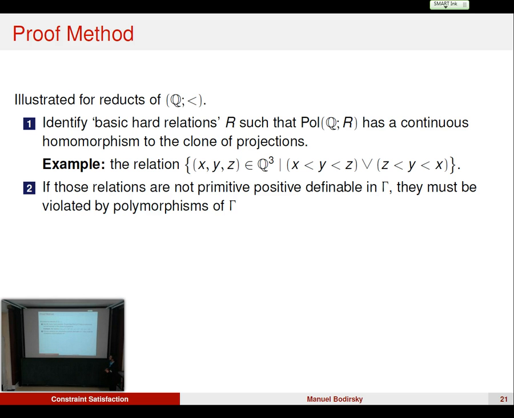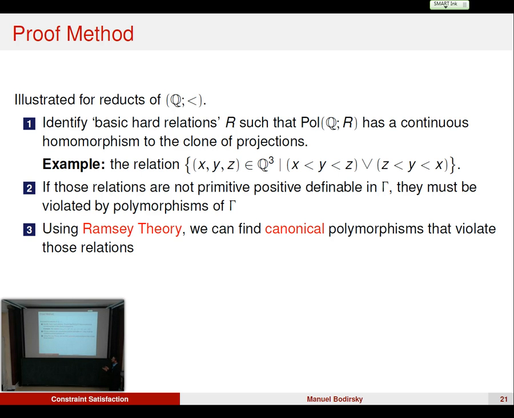The second step is, well, this will imply that the CSP is hard. Suppose these relations are not primitive positive definable. Otherwise, we are done. If they're not primitive positive definable, there must be a polymorphism that does not preserve this relation. And now there comes this Ramsey step. We'll apply Ramsey theory to this polymorphism to argue that we can find a canonical polymorphism that already violates the